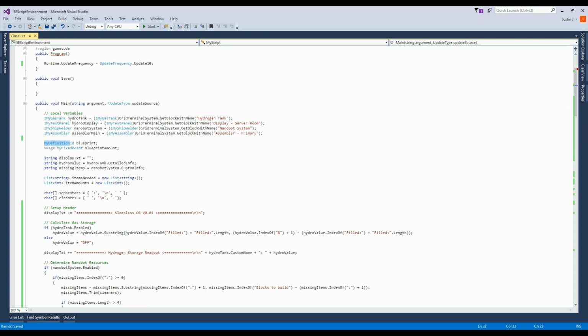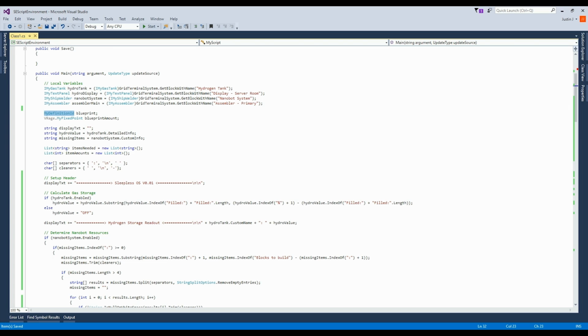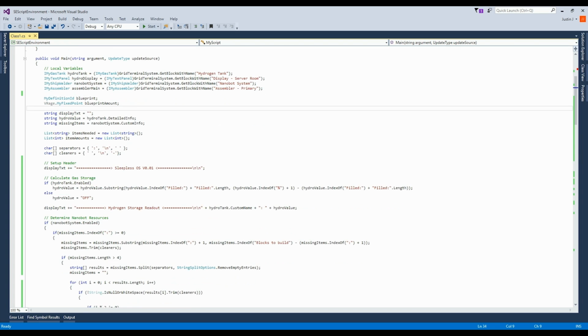So, the way this works is, in order to access the queue of the assembler, you need a definition ID block or variable. And rather than recasting things as definition IDs or VRage fixed points, which VRage is the engine Space Engineers is built on, so rather than casting these two every time you need them, I just decided to throw them in as variables. And then we have the display text, which is what comes up on the screen on the display. The hydrogen value, which is the amount of hydrogen in the tank, and